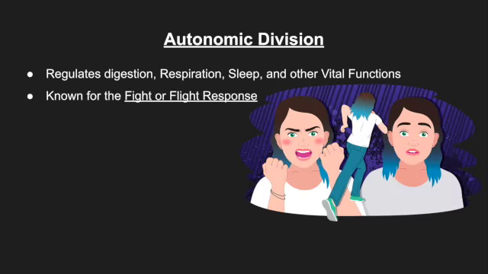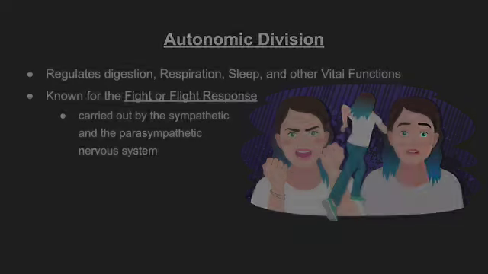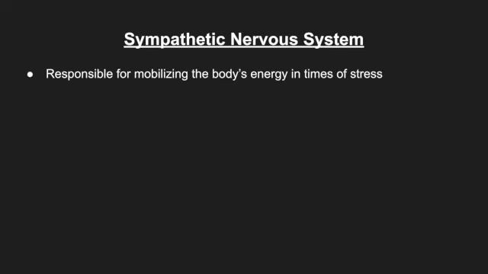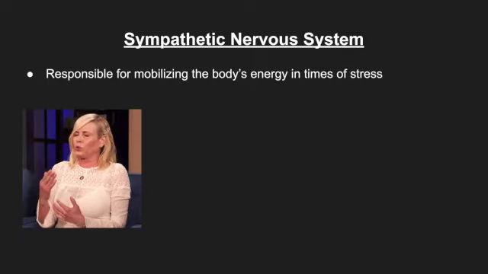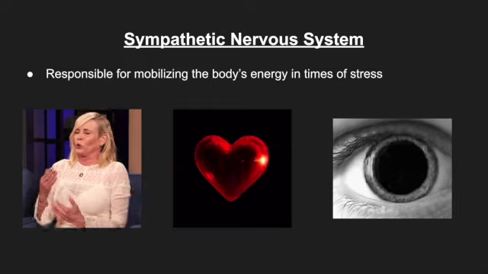It is best known for the fight or flight response. This response is carried out by the sympathetic and parasympathetic nervous system. The sympathetic nervous system is the one responsible for mobilizing the body's energy in times of stress. When activated, it increases the respiratory and heart rates and causes dilation of the pupils. Once a person has removed themselves from the source of stress, the parasympathetic nervous system helps to bring the body